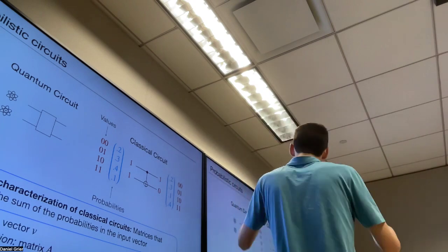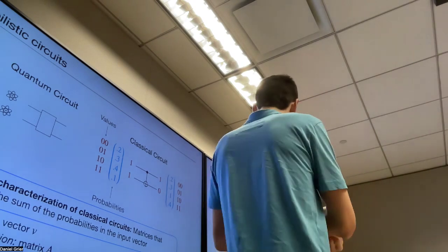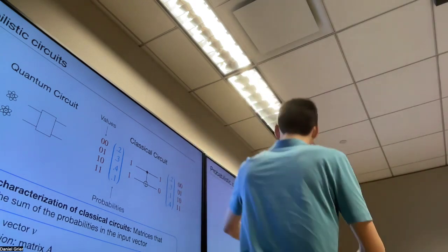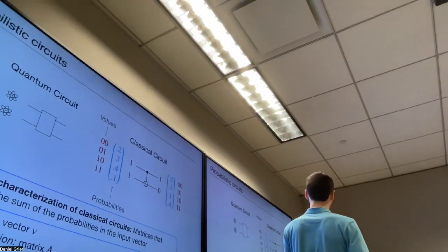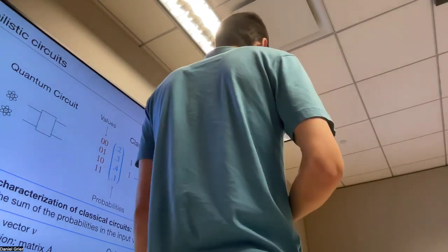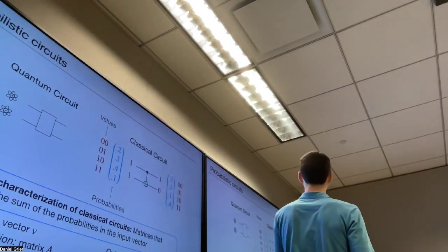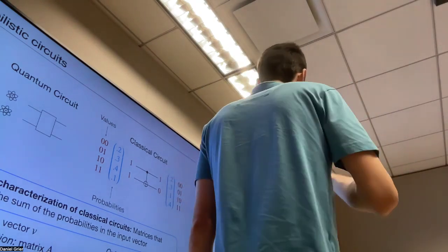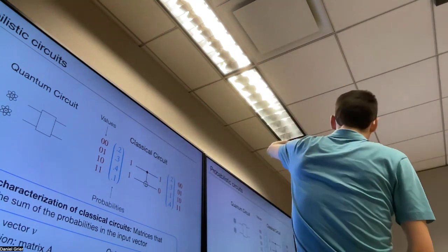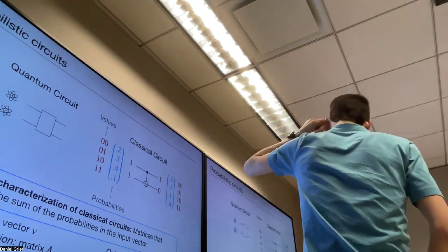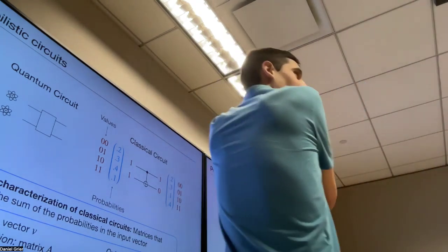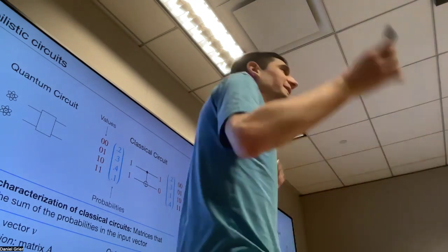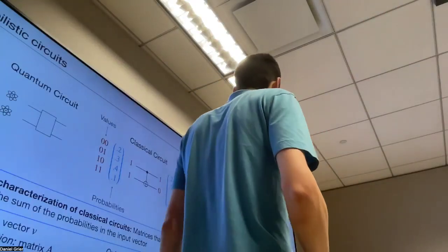So I can completely capture what's done by a classical circuit: I have this input vector describing the probabilities, and I have this operation, this matrix A, which in this case is captured by this C0 gate. And then I have some output vector. I would just multiply the matrix by the vector, and I just need that the sum of the vector entries before equals the sum of the vector entries afterward. Okay, this is kind of a crazy way of describing classical computation. This is probably not how you all learned about classical computation originally, but I claim